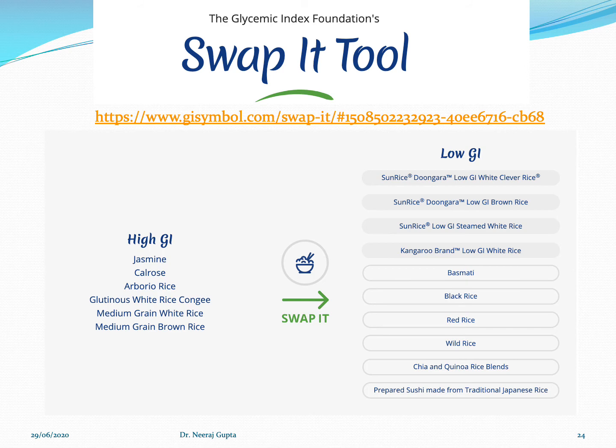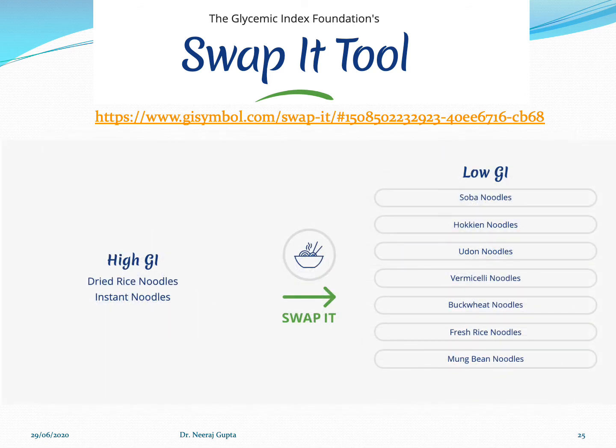You can swap it for low GI rice: basmati, black rice, red rice, wild rice. Similarly, for high GI noodles like dried rice noodle, instant noodle, you can swap it for some soba noodles, Hokkien noodles, vermicelli noodle, buckwheat noodle, fresh rice noodle, moong bean noodle as well. Now it will be interesting to explore this website for your own choice of food.